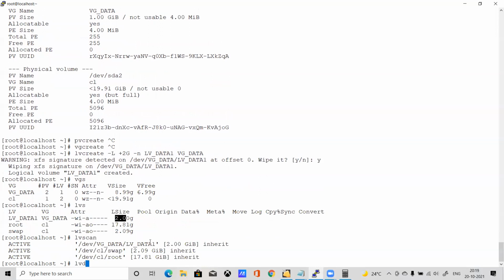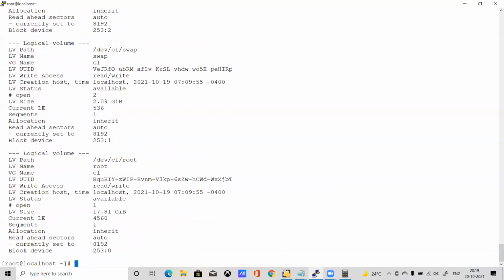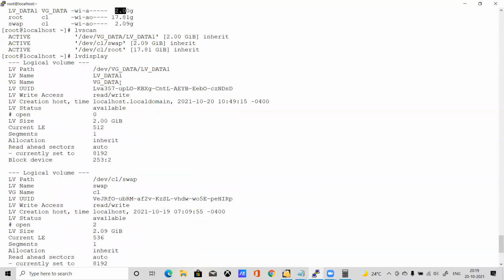Now check lvdisplay, and you can see the logical extent here. Current logical extents: 512. One more thing, when you are creating an LVM, its ID is 253.